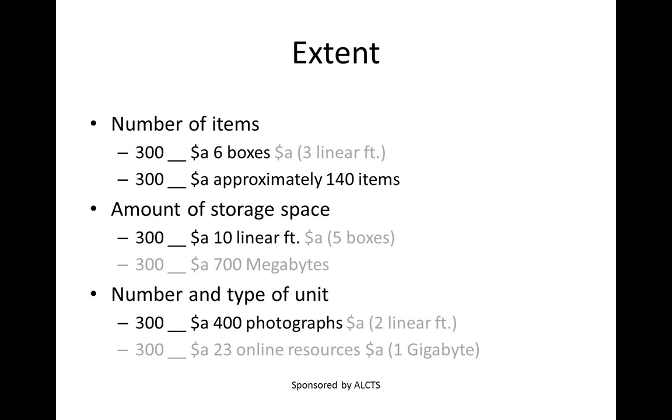So looking back at the examples, we can see the added options for including extent statements, including parallel extent statements in all categories, as well as a couple of examples of recording the extent of electronic records, either by storage space or by number and type of items. For better or for worse, in this particular area, archivists have allowed a wide variety of practice, and it is up to individual institutions to determine which options to use.